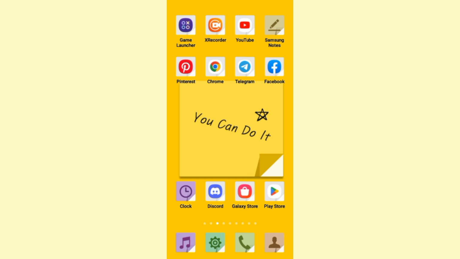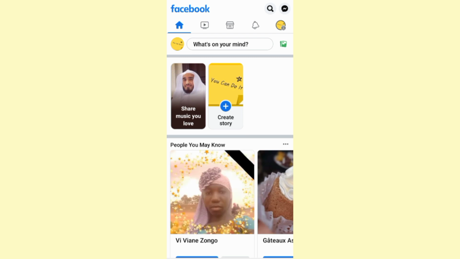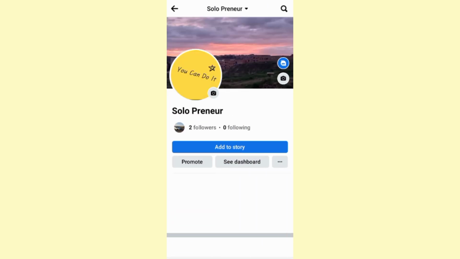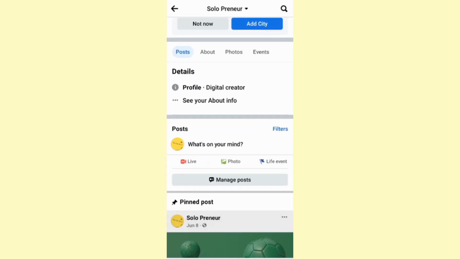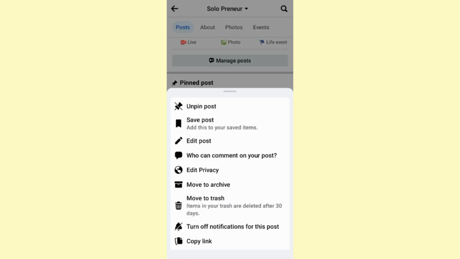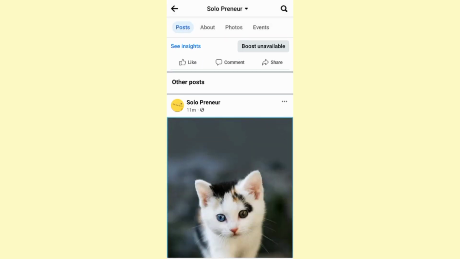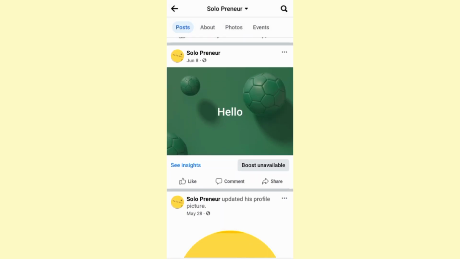So let's go ahead and open up Facebook, and then let's navigate to our profile page. Now once you're here, you can just simply delete the posts one by one. As you can see, you can delete them one by one,